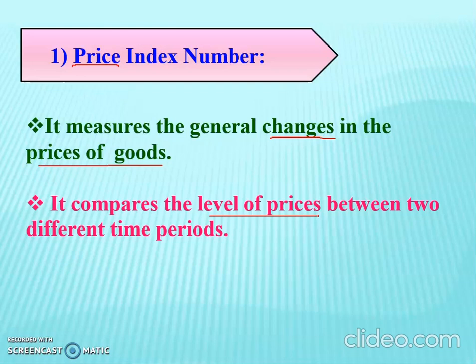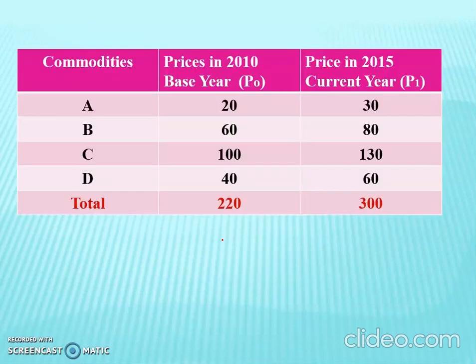As I told you in the earlier example, if you are calculating the price of a particular good in 2021, that is the current year, and the price of that particular good in the year 2016-17, that means it is the base year. So in these two periods, it is very easy for us to calculate the index number for price. So here we are considering two time periods, meaning 2 years: one is the current year and the second one is the base year.